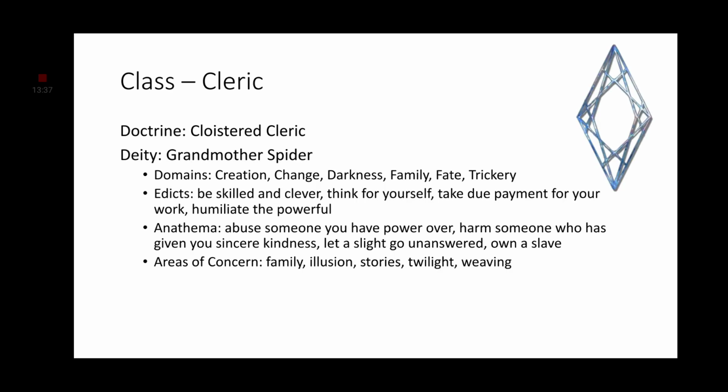Now we get to move on to our Cleric, and our deity is known as the Grandmother Spider, whose symbol you will see on screen. Your domains are creation, change, darkness, family, fate, and trickery. Your edicts, or guidelines, are to be skilled and clever, think for yourself, take due payment for your work, humiliate the powerful, and